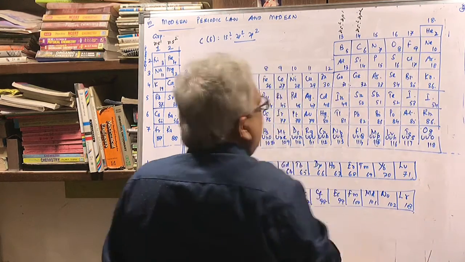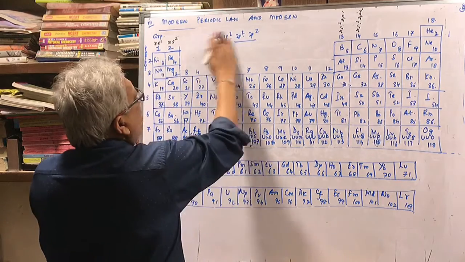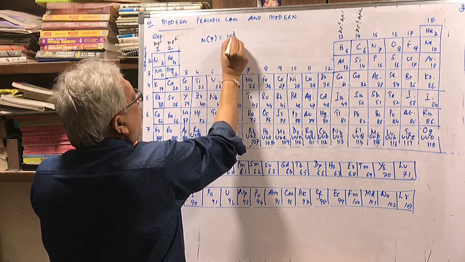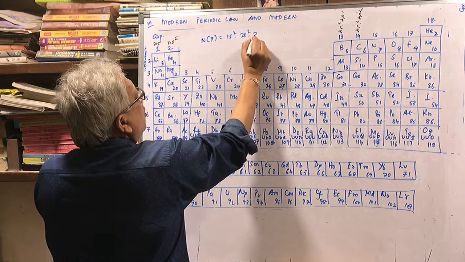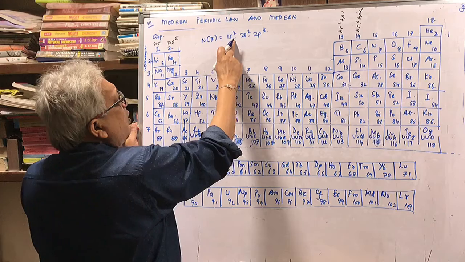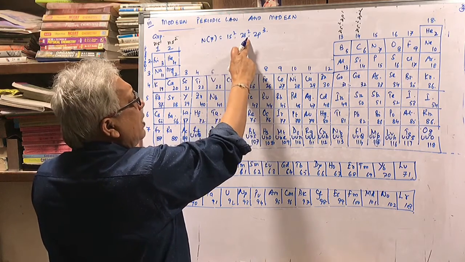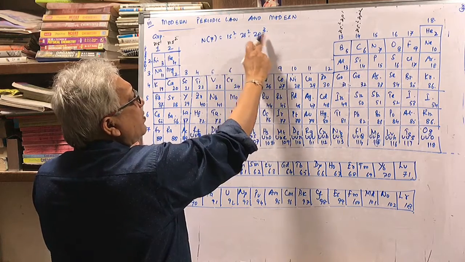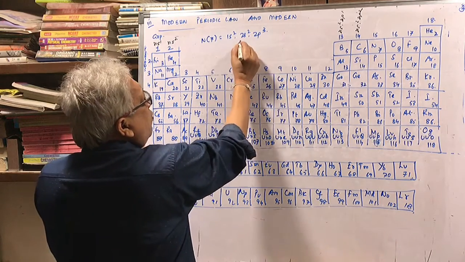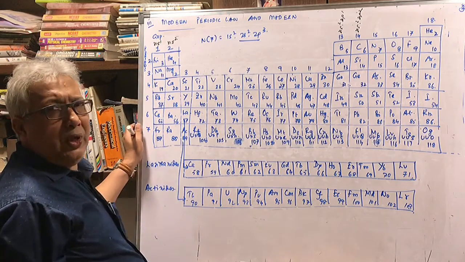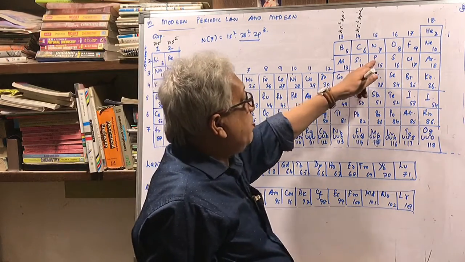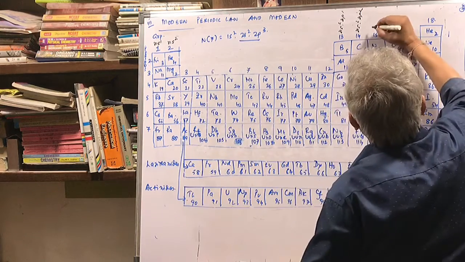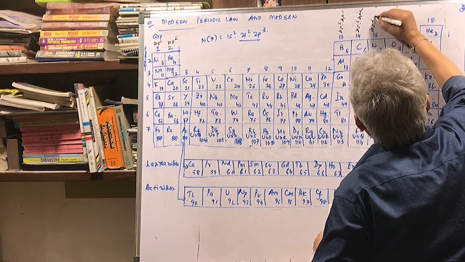For the next group, I take one element, that is nitrogen. That will be good enough. Nitrogen, atomic number 7. Configuration 1s2, 2s2, 2p3. I hope you understand. 2 electrons in the s subshell of the first shell, 2 in the s subshell of the second shell, 3 in the p subshell of the second shell. So 2 plus 2, 4 plus 3, 7. So outermost configuration, I'll write 2s2, 2p3. Next one will be 3s2, 3p3, 4s2, 4p3, 5s2, 5p3. That means common outermost configuration will be ns2, np3.